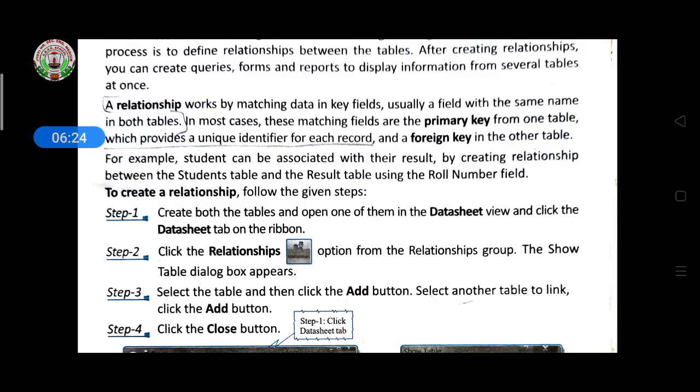Suppose you have created a student 1 table and a student 2 table, and you want to access that data together. Suppose student 1 table has only student admission number, student name, student father name, student mother name, and the student 2 table has student number, admission number, student address, student phone number, and then Aadhaar number.